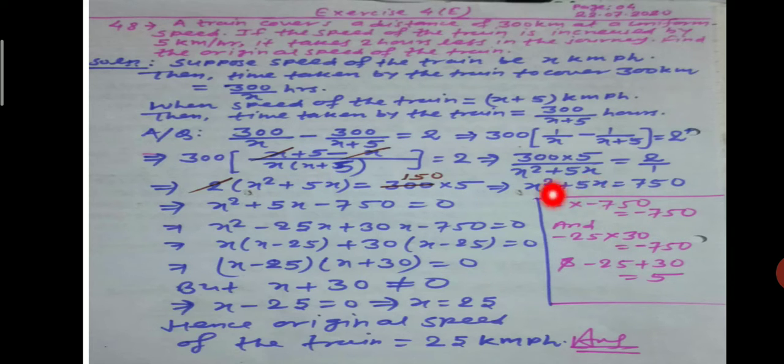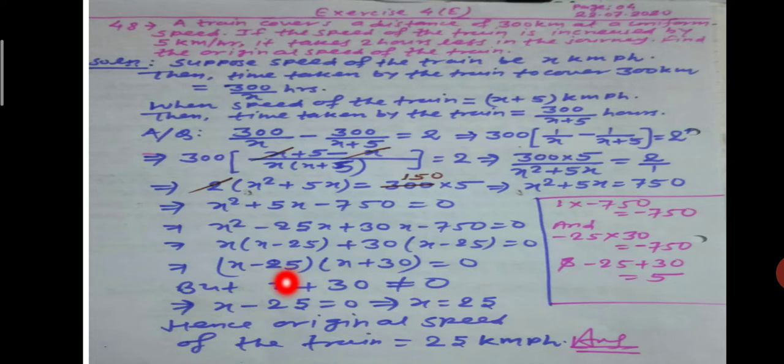So 5x can be written as minus 25x plus 30x. Then x is common in these two terms, then x minus 25 will be left, plus in these two terms 30 is common, then x minus 25 will be left, equal to 0. Now x minus 25 is common, then x plus 30 will be left here, equal to 0, but x plus 30 can't be equal to 0